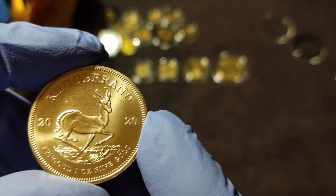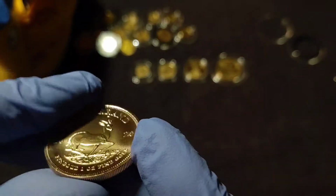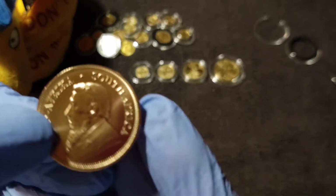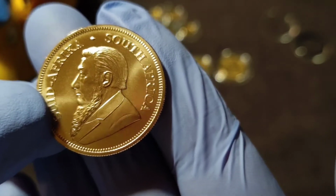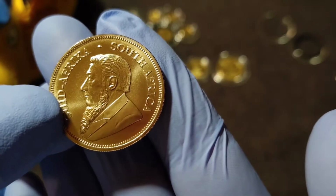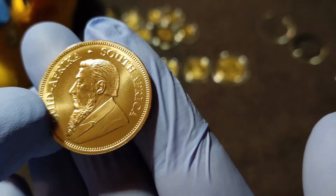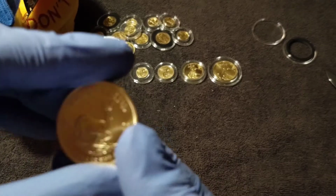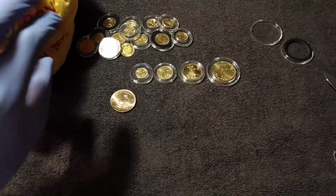May or may not, I'll be purchasing more throughout the year, whether I do another substantial purchase. I do intend to still get a 1 ounce gold Type 2 new release American Gold Eagle with the new reverse at such time as those are released. So I might just hold off, save up my pennies, and not make any more purchases until I make the next 1 ounce gold purchase. So there you go. This brings me up in cumulative total to